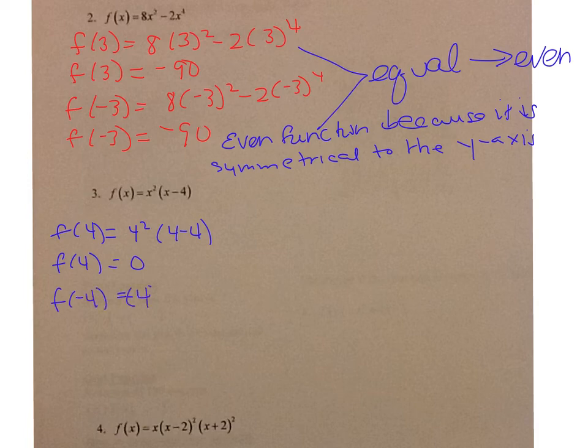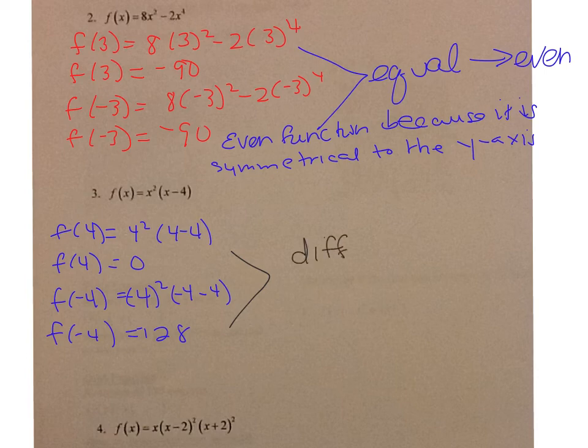So it's negative 4 squared times negative 4 minus 4. So f of negative 4 comes out to be negative 128. Okay, so this is neither. They're different. So it's neither. Okay, so you're going to write the function is neither